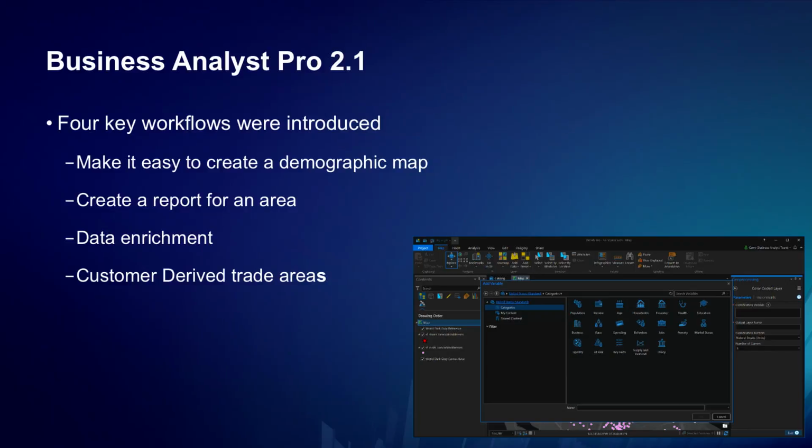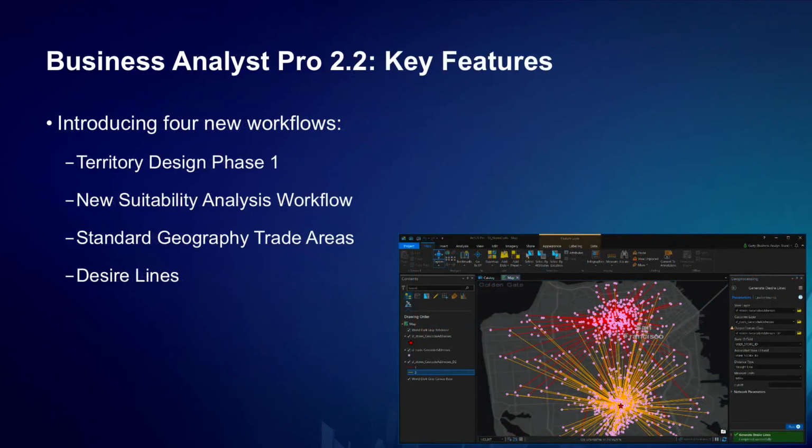We have a data browser in there that allows you to work with your own content and Esri provided content. We rewrote the reporting engine, the engine that creates the PDF reports, to work with Pro's graphics engine, so it's really fast and powerful, as well as that we created a native 64-bit Pro data enrichment engine inside Pro. So think of that as we built the engine now, and now we're going to get to do some cool things with it. In terms of what we just released with the 2.2 release,